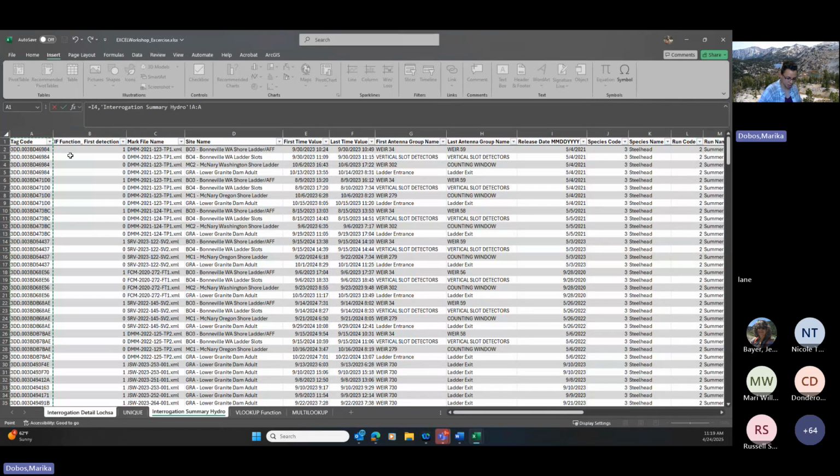It just reads the column of the table, and that is my lookup reference. And then I also want my return reference to be out of here. So it's taking that PTAG code, coming through the list, finding the first encounter, and then it's going to return the